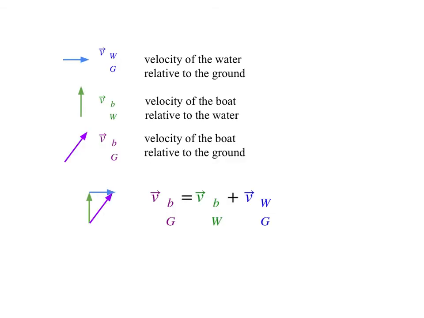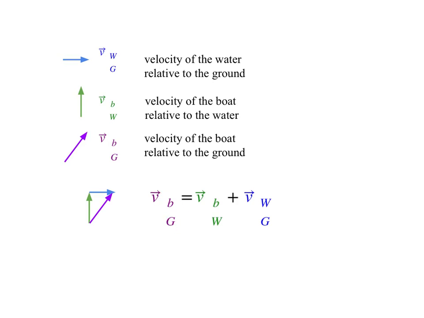We have our similar definitions. How fast does water move relative to the ground, the riverbank, or the person on the riverbank who's watching this? We have the velocity, and that's given as due east. We have the velocity of the boat pushing against the water, and the boat is heading due north and has some speed that was given. And then we want to ask, what is the velocity of the boat as measured by the person on the riverbank, by the ground itself? Where does it seem to that person to actually go, even though it's heading due north?